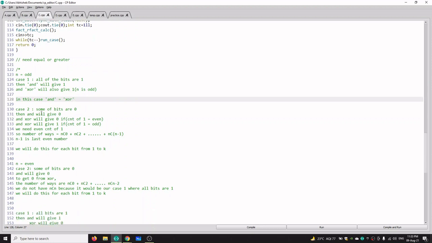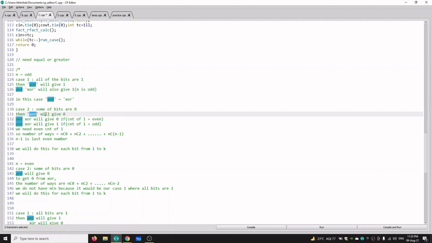And our second case is some of the bits are 0. Our AND will give 0 definitely because some of the bits are 0, and to make this AND greater than or equal to XOR, we need to make the XOR value of that ith bit also 0.